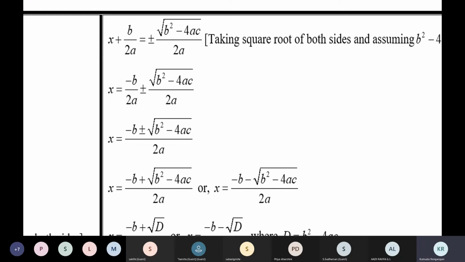What about the square root of minus 25? We know that there is no number which when multiplied by itself can give us the product minus 25, which means the square root of a negative number does not exist. But there exists a cube root for a negative number. Cube root of minus 8 is minus 2, because minus 2 into minus 2 into minus 2 is minus 8. The cube root of minus 64 is minus 4, because minus 4 into minus 4 into minus 4 is minus 64.